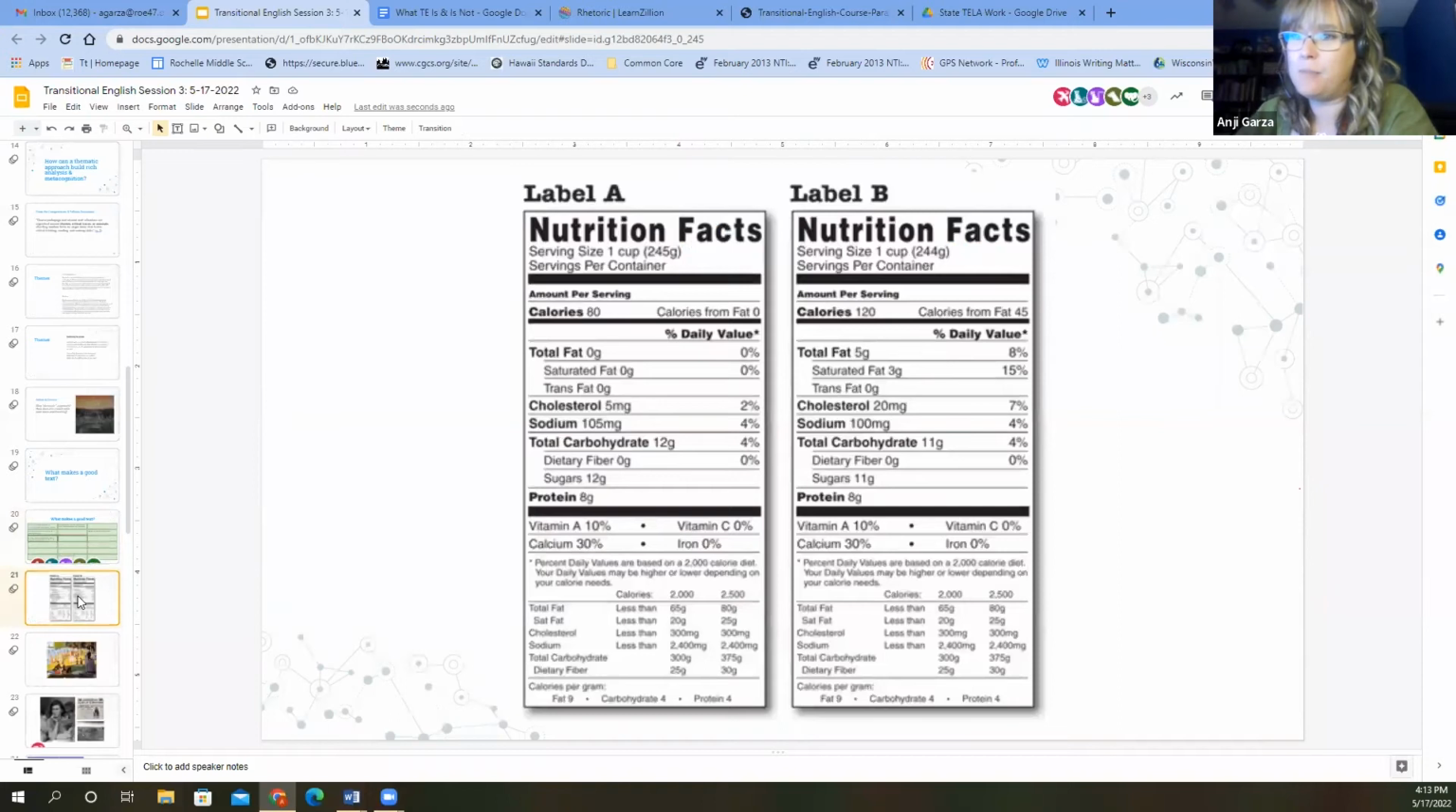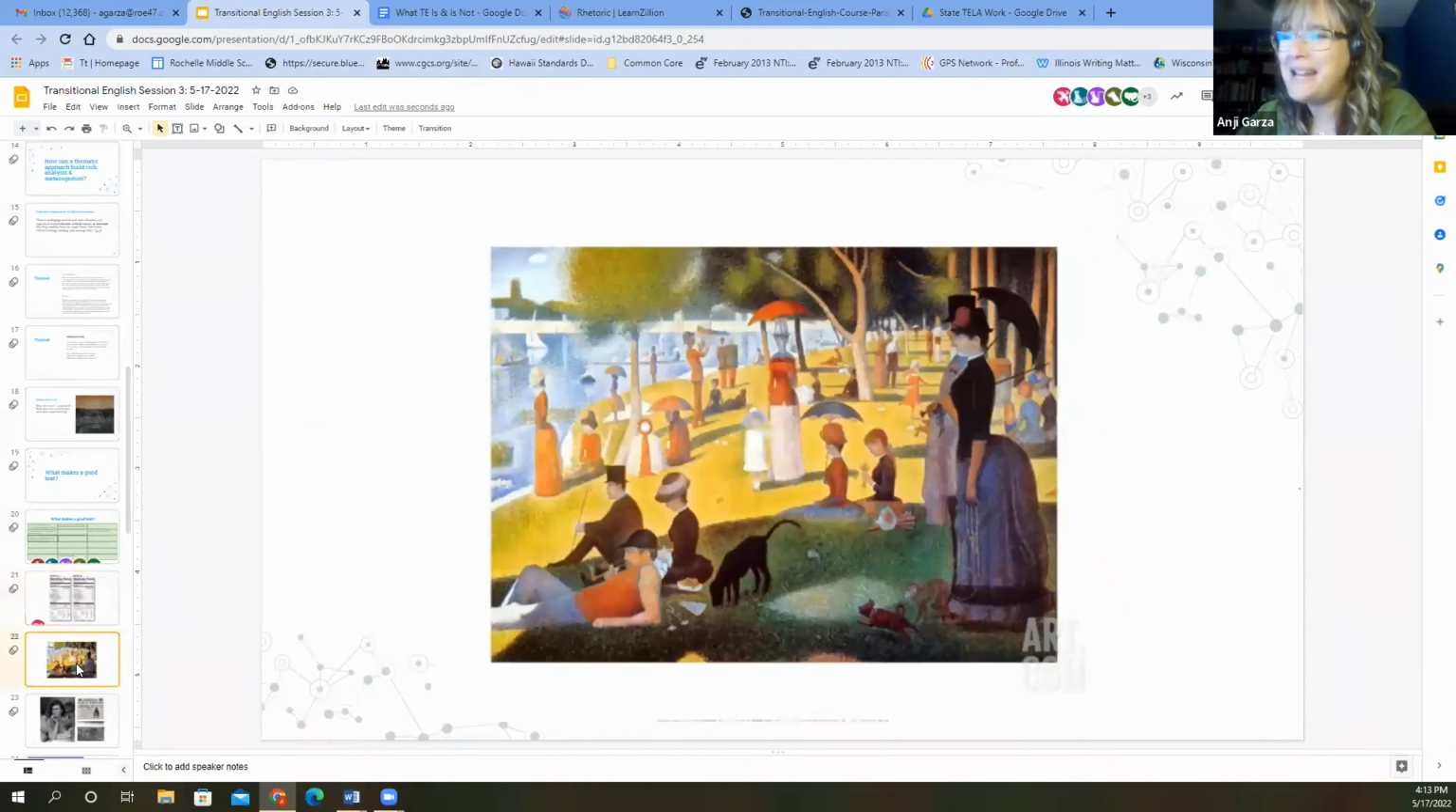Text can come in a lot of different formats. And really, when we think about building that capacity for students who are fluent readers and communicators in the real world, this is the type of text that they're going to be seeing. So, we might think about things like nutrition labels. We might be thinking about paintings. We might be thinking about